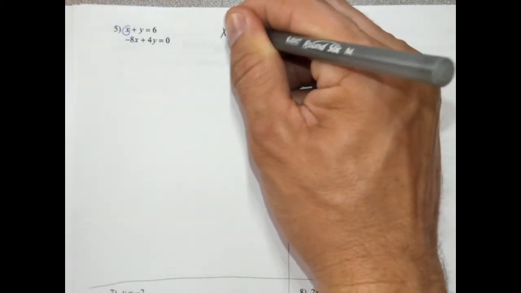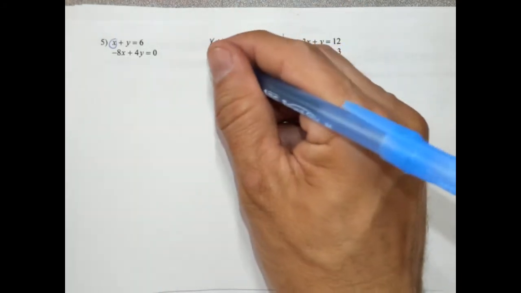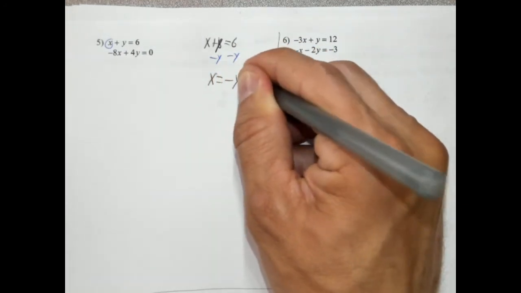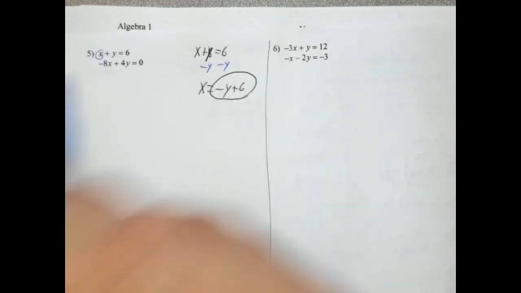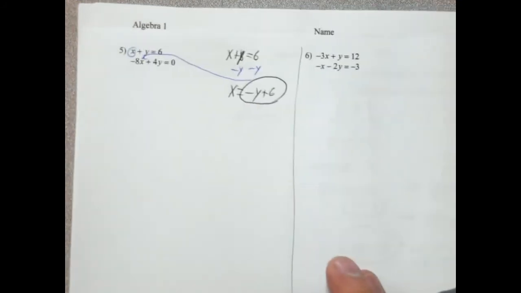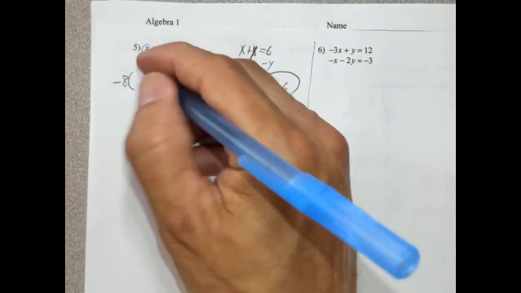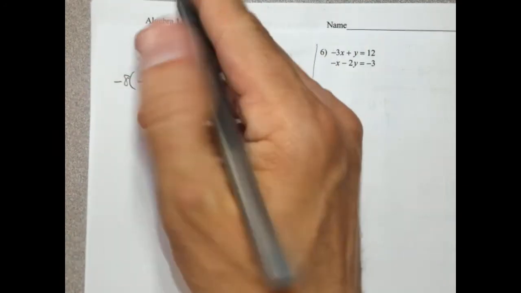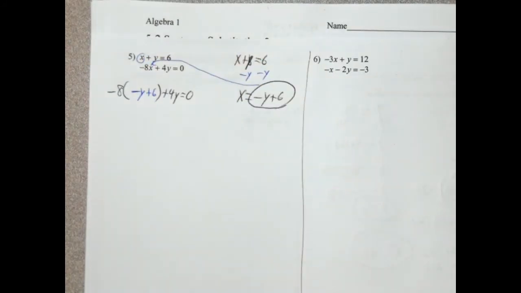So we're gonna do x plus y equals 6. We're gonna subtract y from both sides. We're gonna get x equals negative y plus 6. So this is gonna take the place of x here. So it's gonna go right there. So we're gonna write negative 8 parentheses negative y plus 6 close parentheses plus 4y equals 0, and let's distribute